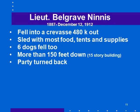Lieutenant Belgrave Ninnis was one of the members of the party. He was born in 1887, and spoiler alert, he died December the 12th, 1912. 480 kilometers out, he fell into a crevasse. They were walking in a line. Mawson was first, Mertz was second, and Ninnis was third, with the sled with most of the food, the tents,